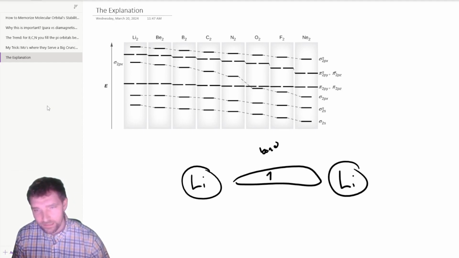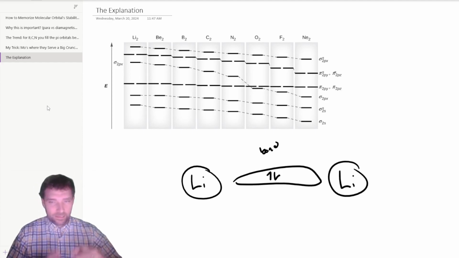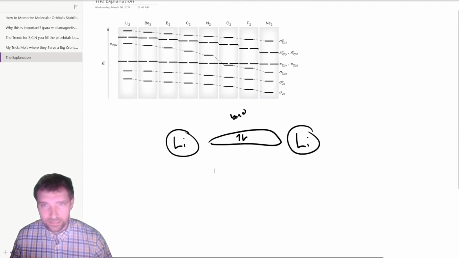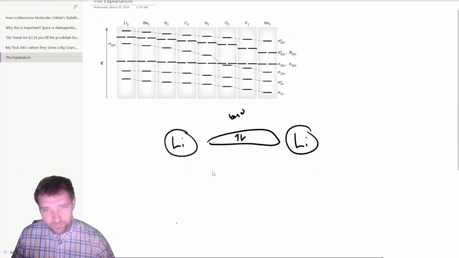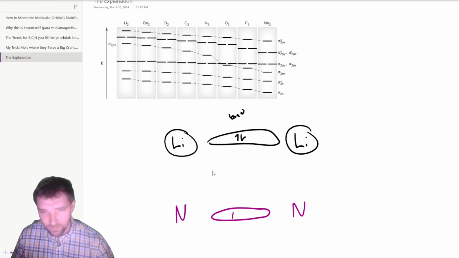And that bond is containing 2 electrons. So this bond is taking up some space. If we're talking about something like nitrogen now, it does have a bond in the center here, but this is maybe like the 1 sigma bond, and this is taking up space,